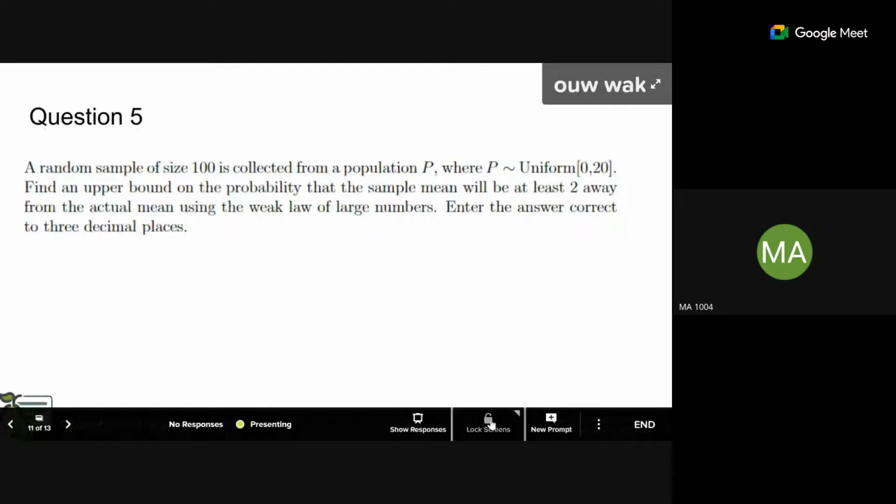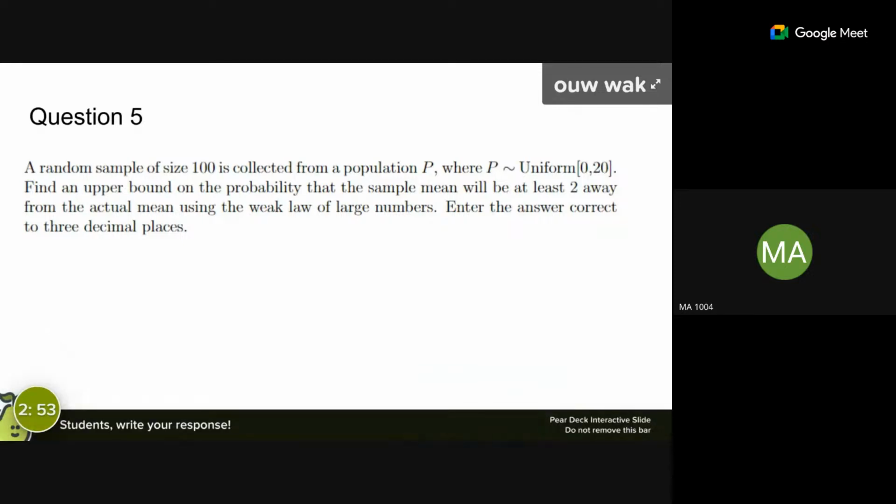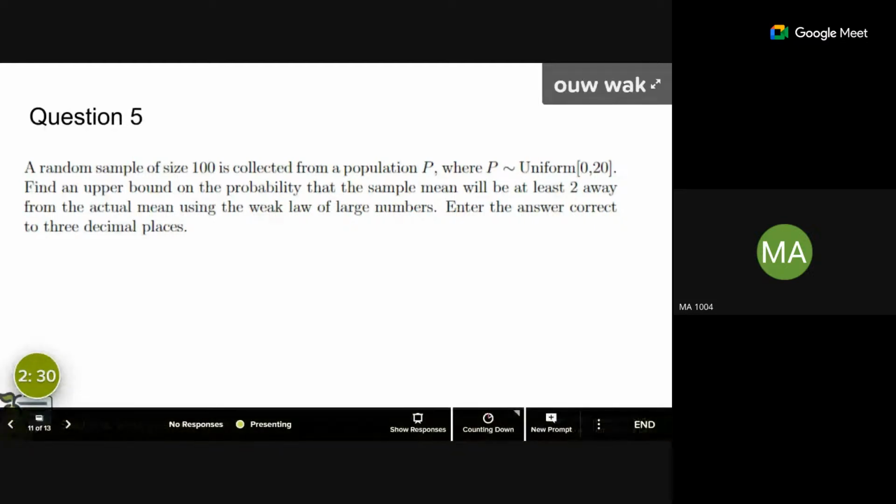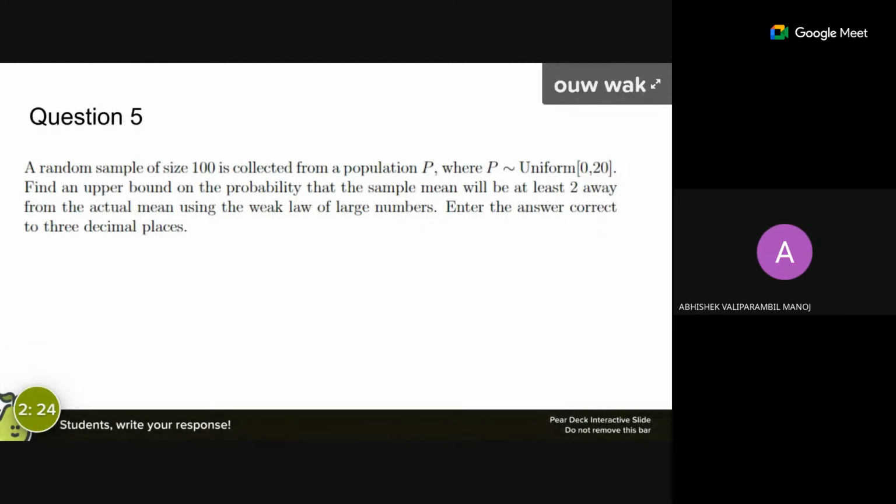Okay. So just tell me one thing, which type of random variable P is? Here P is a random variable, right? It's given uniform, but when I say which kind, that means discrete or continuous. Continuous, ma'am. The limit is uniform 0 comma 20, no? Yes. Continuous. So it's continuous.